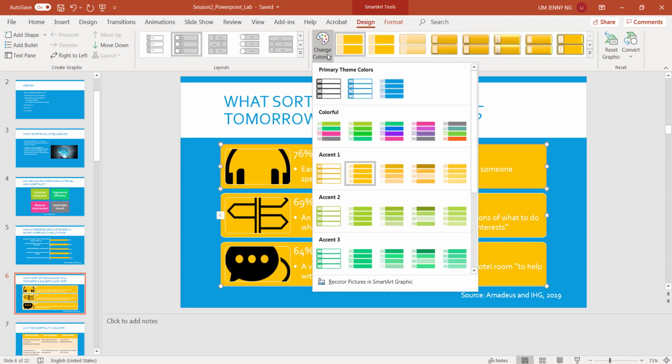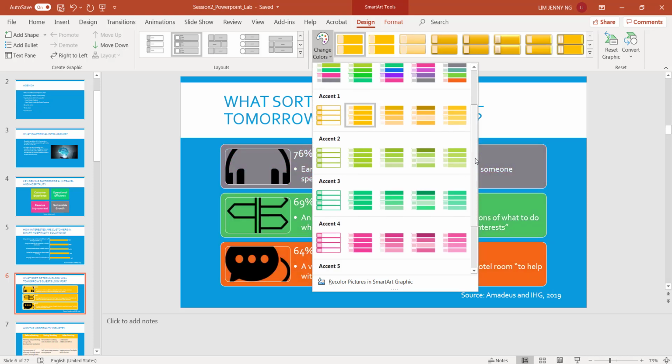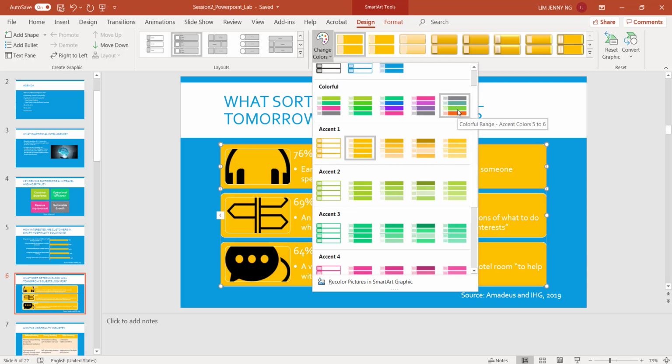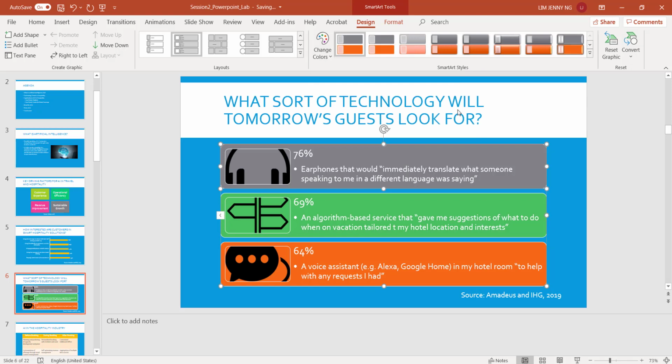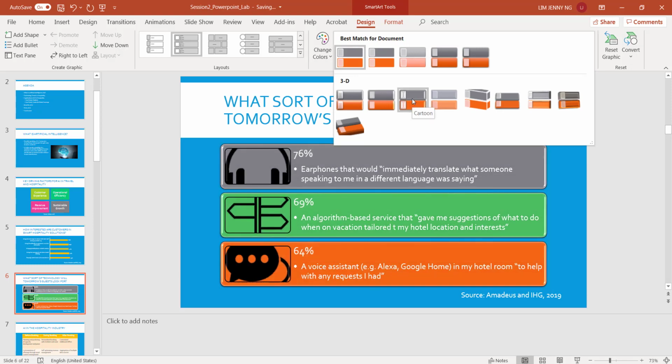Again, I can change the colors. I can change it to this Colorful scheme, or I can change it to another one. And I think for this one, yeah, I'm going to use this scheme then. All right, so this is the scheme I picked, and again, there are some styles here that you can go for. I'm going to pick this style,